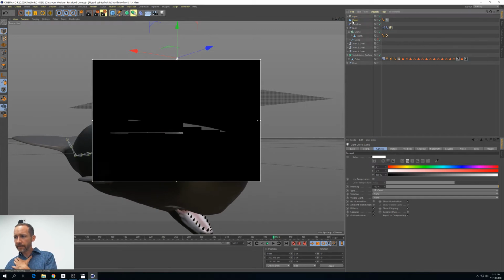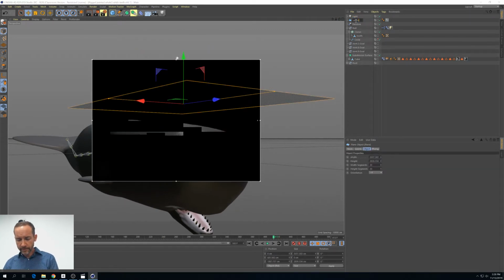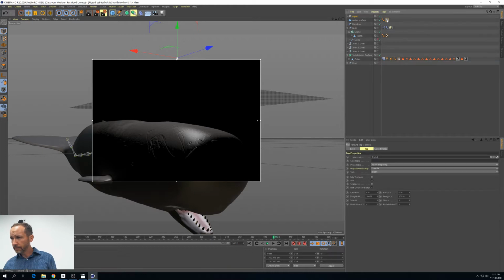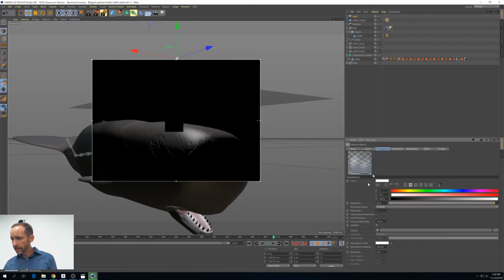And so we'll call this water surface. And I've got this light up here above it, and that's casting down. So if this water surface gets disturbed,